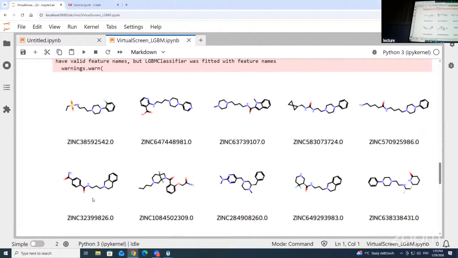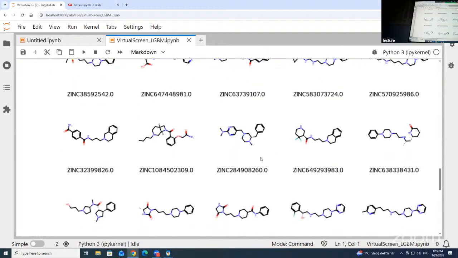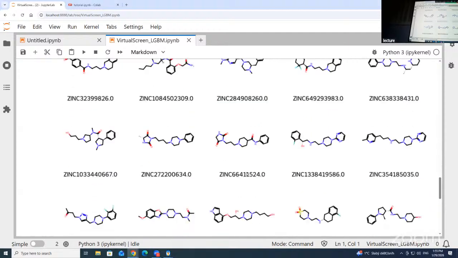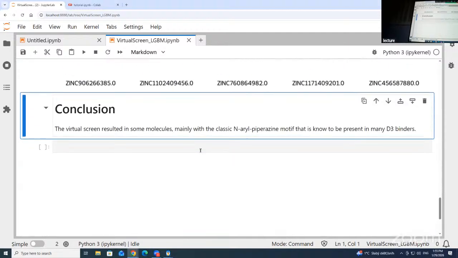And actually, you can recognize in here basically the same molecules as we had before. We had different random seeds and so on, but it's robust enough that it's still ranking everything in this ZINC dataset the same, because it's just finding and recognizing those piperazines in there. Cool. So for this first of 2 notebooks, the conclusion is clear. The virtual screen gives some nice molecules. The classic motif is in there, but the task is a little bit too easy, because even a KNN